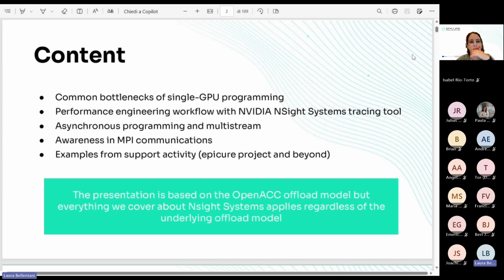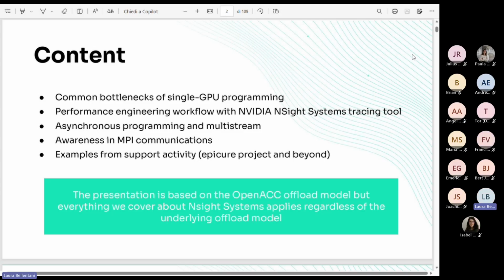Then we will discuss how to visualize asynchronous programming and multi-stream in the timeline view of Nsight Systems, how to check for awareness in MPI communications, and I will finally provide some examples of the usage of Nsight Systems from our support activity. One disclaimer, the presentation is based on the OpenACC offload model, but everything we cover about Nsight Systems applies regardless of the underlying offload model.